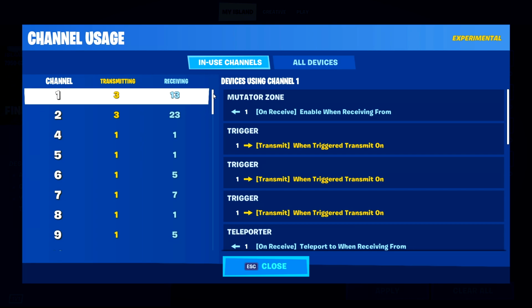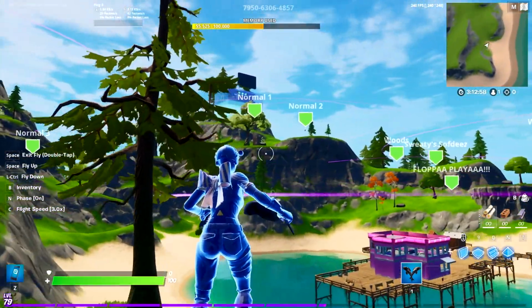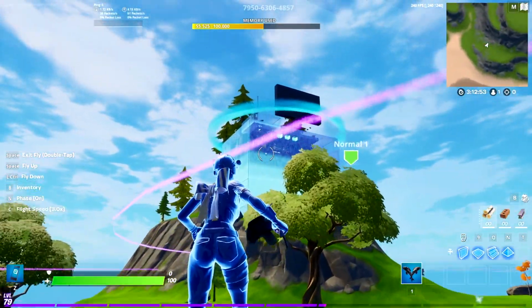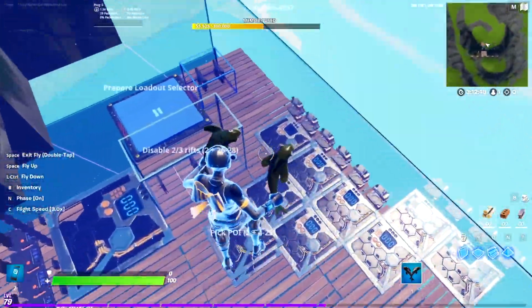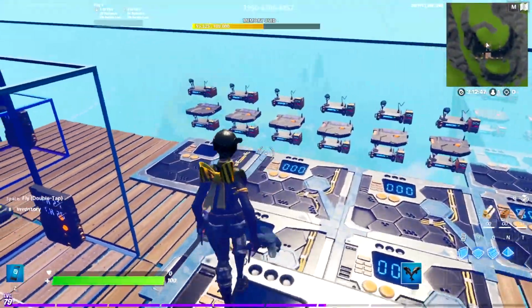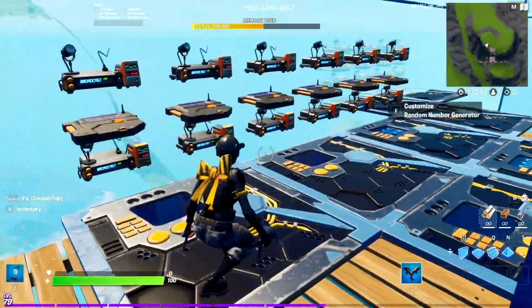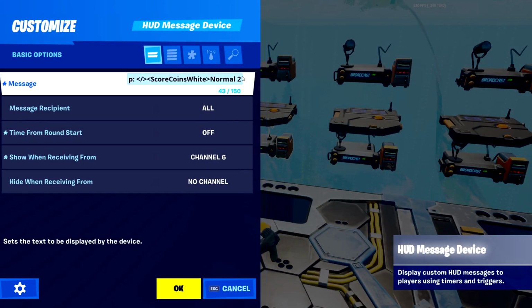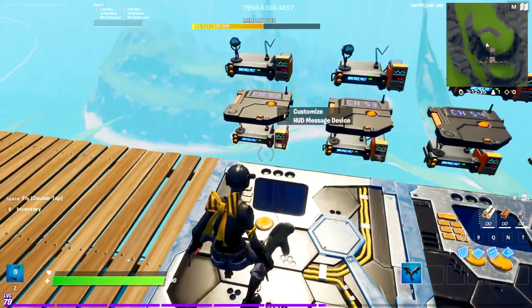So for example, let me go over here to my PUI selecting system right under this mountain thing. So here's a selection system for that. Like this picks a random PUI, and in case it transmits to channel 6 over here, it picks Normal 2. And then I'm not sure if I actually put down 2 rifts in that PUI for both of the